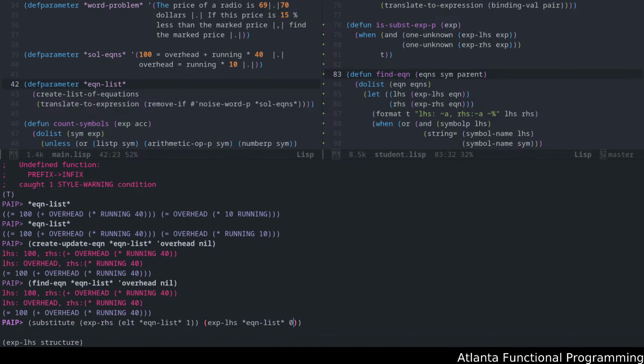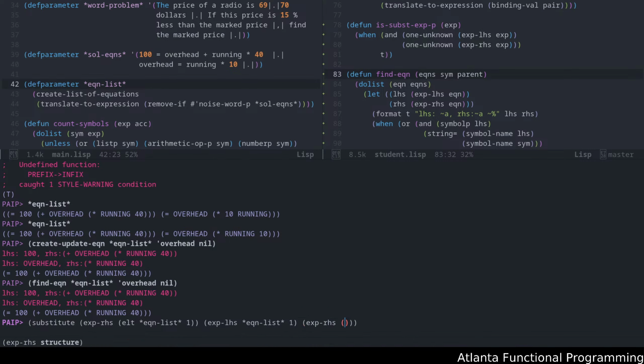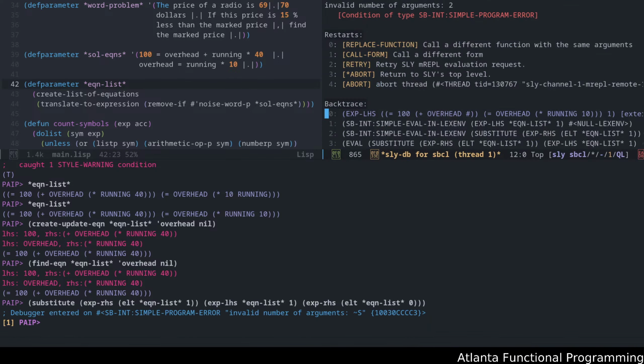Okay, and the sequence is going to be exp RHS of ELT equation list 0. And as we did before, this is going to go ahead and create, oops,